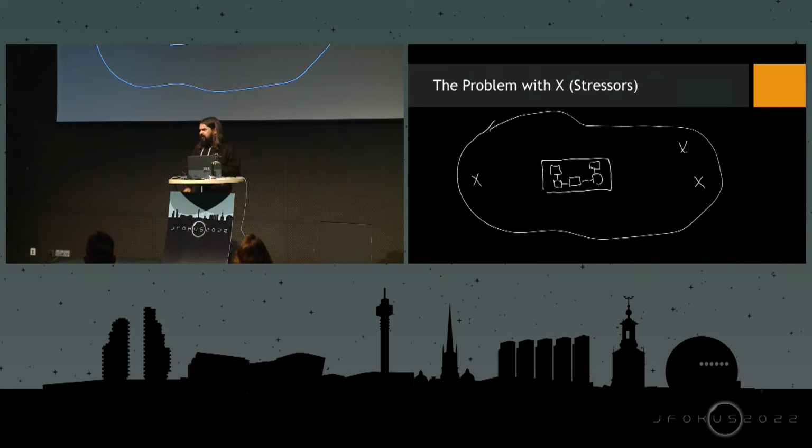And quite a number of these things pop up, and this isn't a new story for any of you who've worked in software engineering. As soon as we start working with the code, the environment starts to change. We get new ideas. And these things, these X's that we can't see or predict or control, we call stressors, because as soon as they erupt, as soon as they emerge, they start to stress the system. And the way that we cope with this